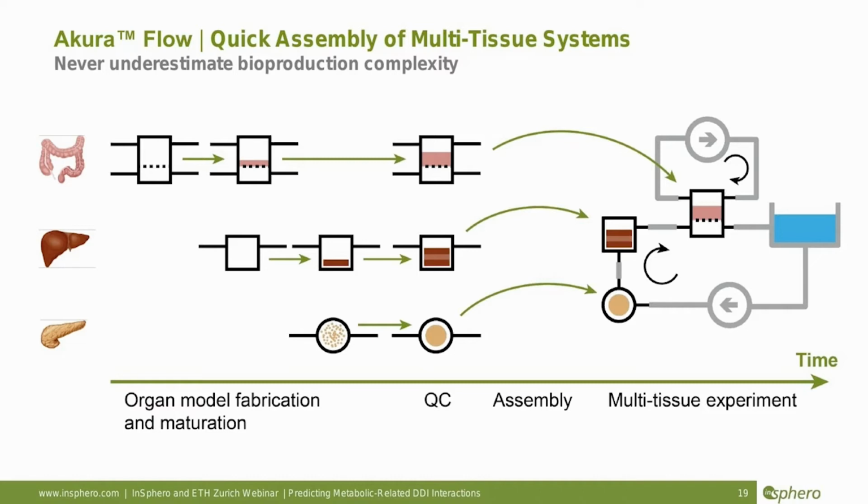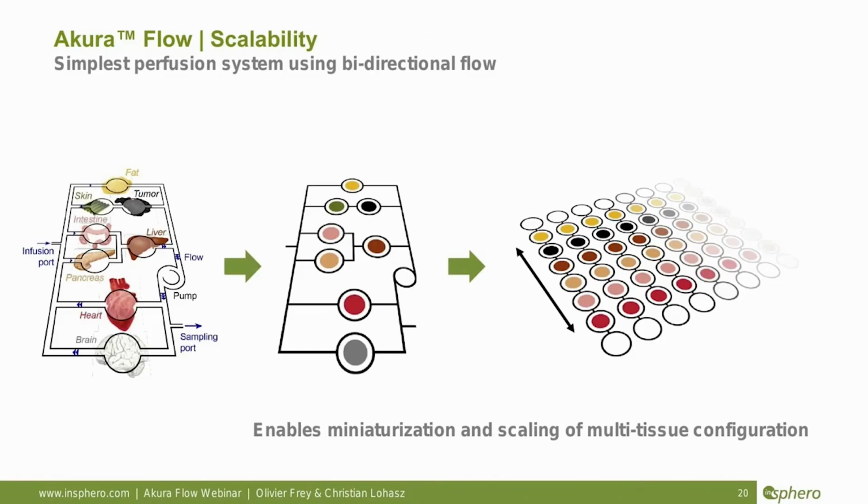And having the microtissues in our system that have a long viability and functionality helps to very flexibly combine and construct multi-tissue experiments. So going back to my initial schematic view, what we did by engineering the Akura flow system is we use only microtissue spheroids,